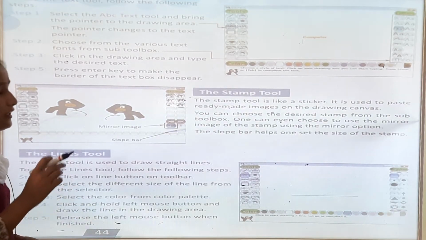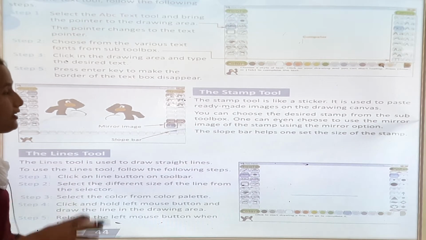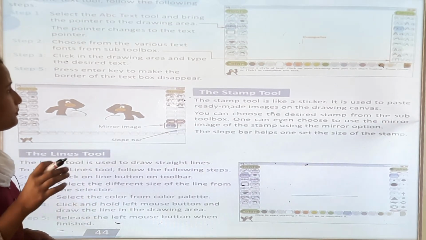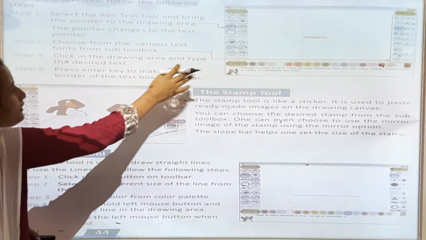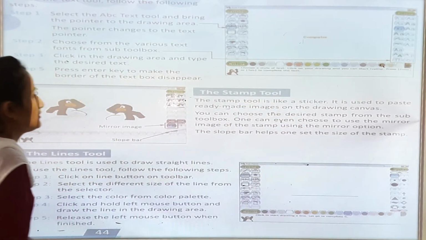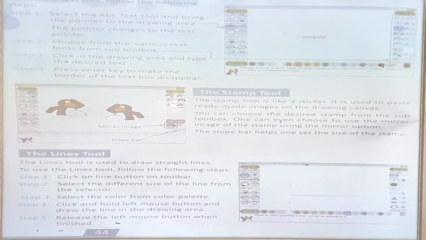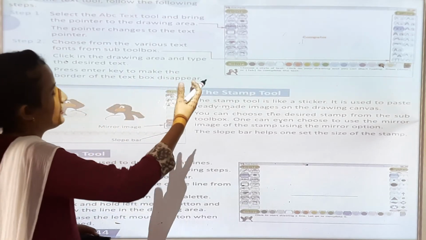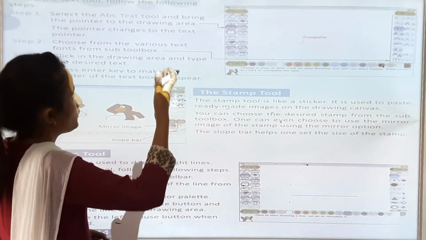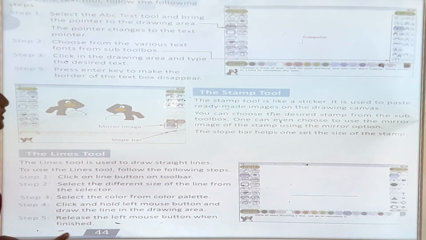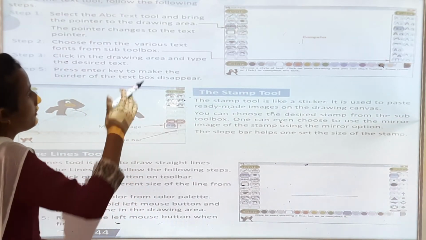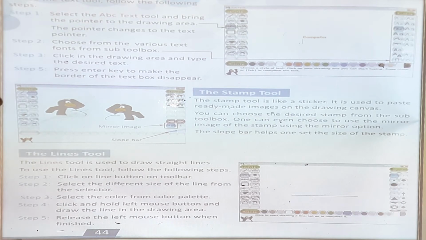So you have to press the enter key to make the border of the text box disappear like this. These are the features of how you can type text in ToxPaint. There are some examples you can practice at your home.